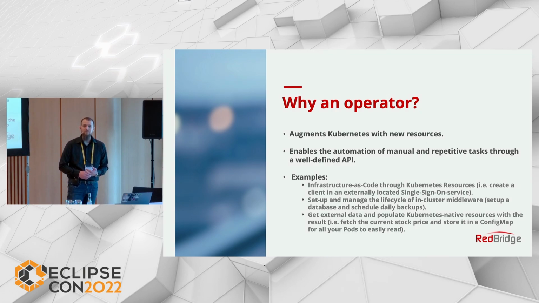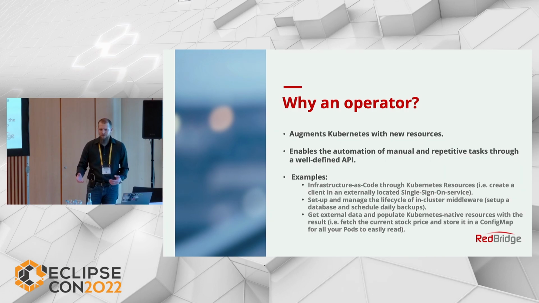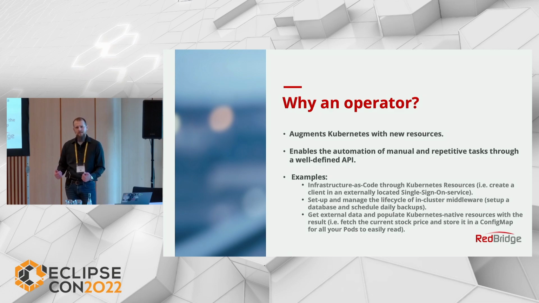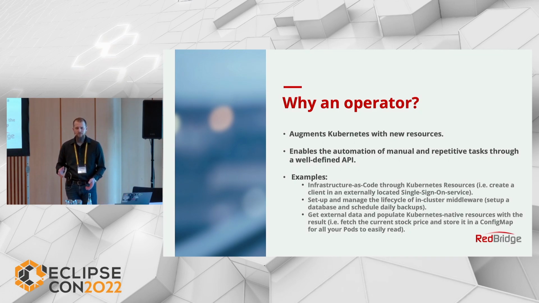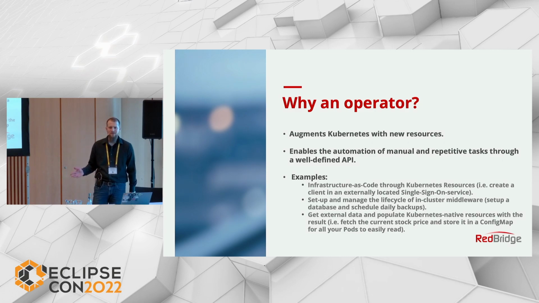Another case that you can see a lot, for example if you use the operator catalog, is middleware that will be managed for you. For example, a database: you want to take a backup every night, you want to have the database set up for you, et cetera. So instead of you doing the Helm chart and creating a cron job that fetches the data in the database every night, you can have very nice operators, and there are very nice operators around. I think I mentioned it before the other guys joined. For example, the Strimzi operator is written in Java, but that thing is almost an application in and of itself.